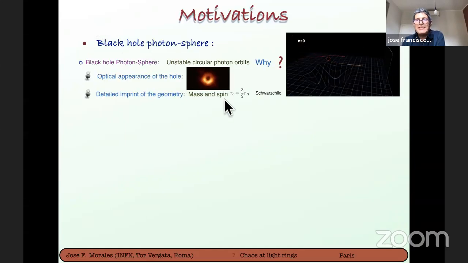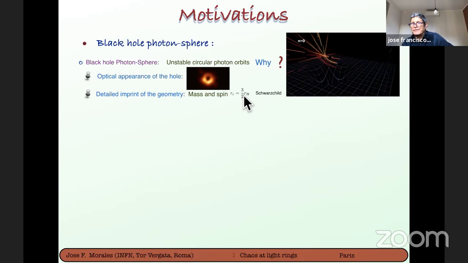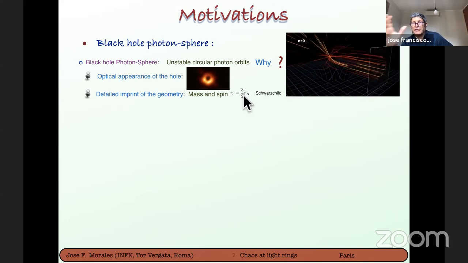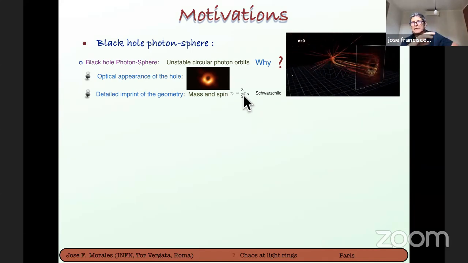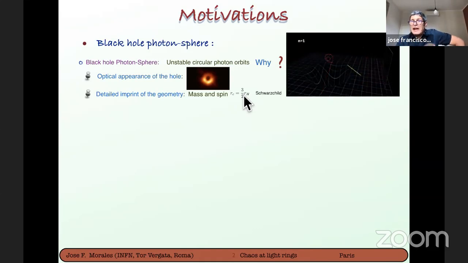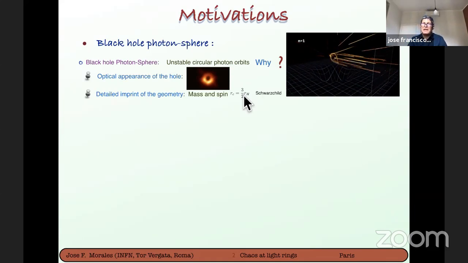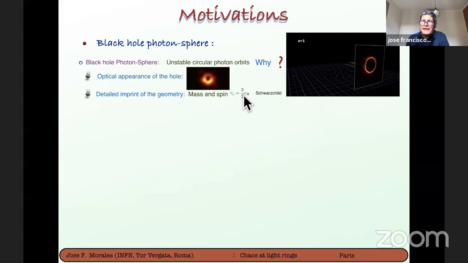You see, the radius of the photosphere is already of the order of the radius of the horizon, just a factor of 1.5. Therefore, the photospheres of a black hole and a fuzzball are very different. My hope is that we can already distinguish, for example, the signals produced by a fuzzball and by a black hole; they should be different already.